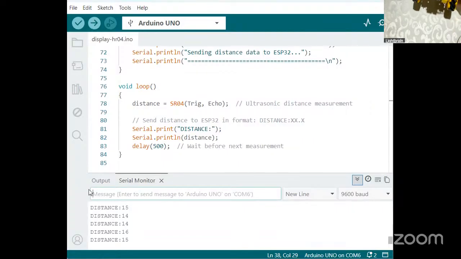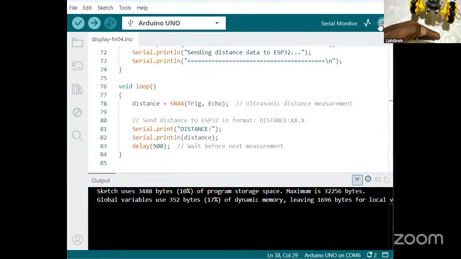So the distance between the ultrasound and my hand is 5 centimeters. And you can see it when you upload it, it will be just like this. Okay, remember